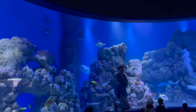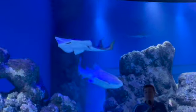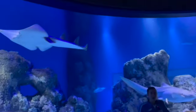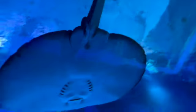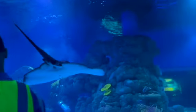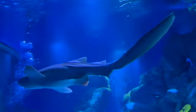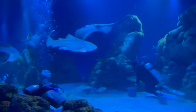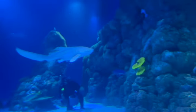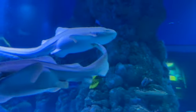One thing that I do want to say about the Cairns Aquarium is that not a lot of their fish looked that healthy, which, weirdly enough, I'd actually much rather prefer. I'd much rather prefer aquariums to have fish that don't look like they're in too hot of shape, or just looks like that they need some help. Even though it doesn't look as appealing to the average person who wants to come into an aquarium and check out some fish, for an experienced fish keeper or somebody who just knows about keeping fish, I'd much rather have them have sick fish rather than healthy fish,